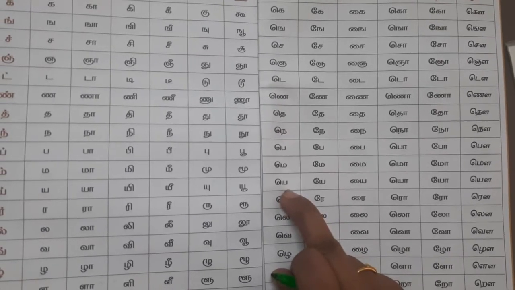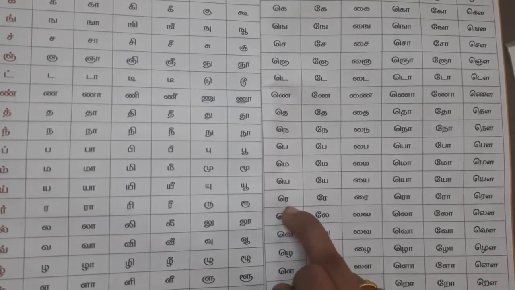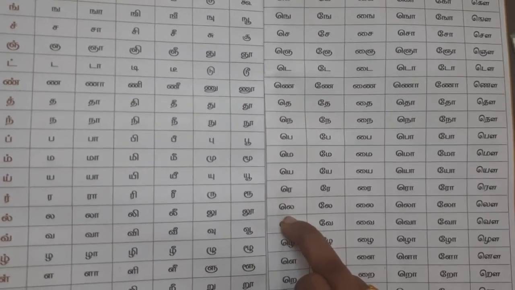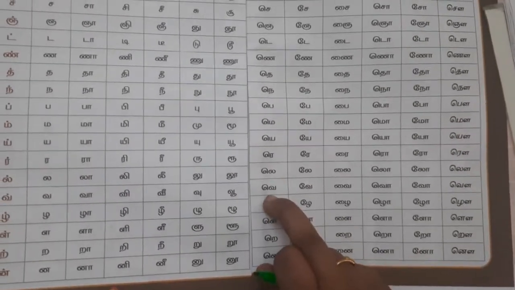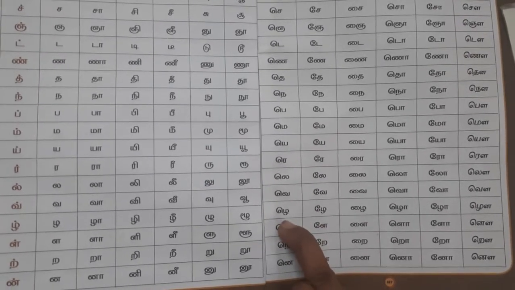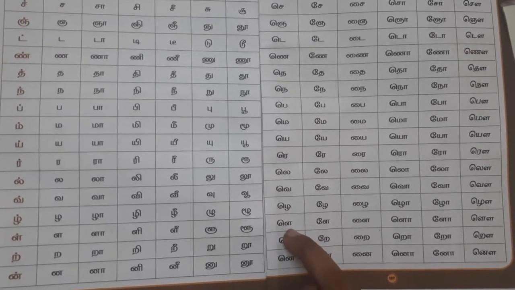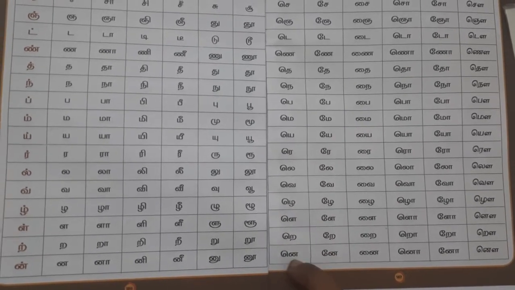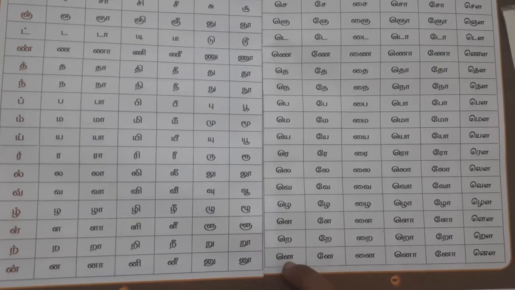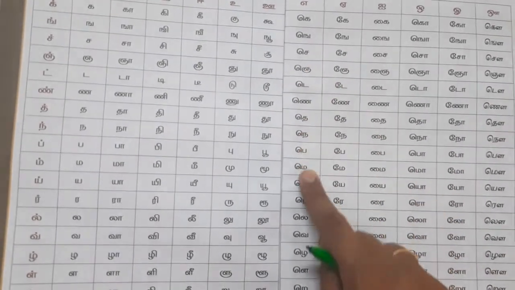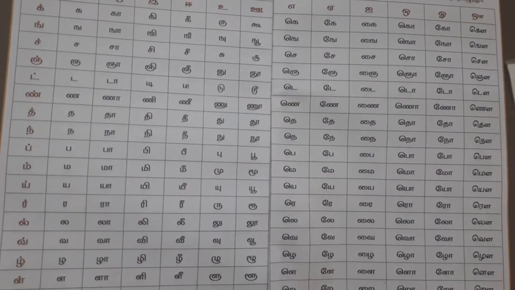Ir plus a, re. Il plus a, le. Iv plus a, ve. So if you see here, all the letters are using the same structure of our Mei